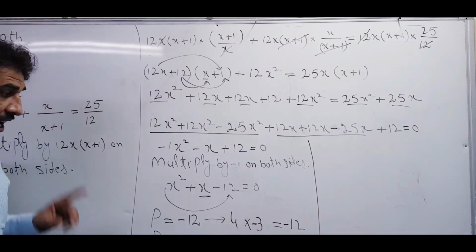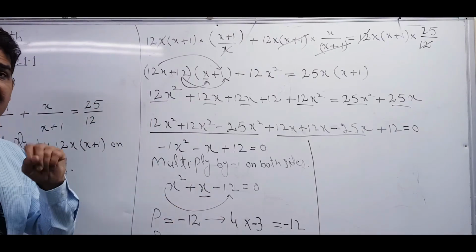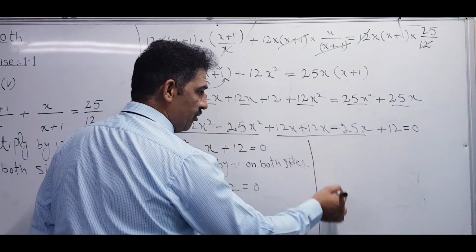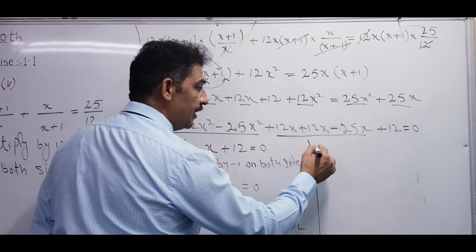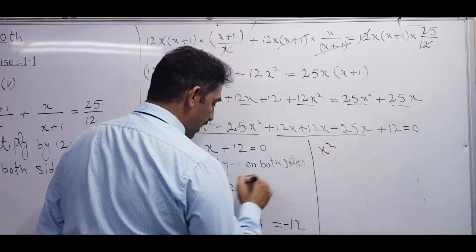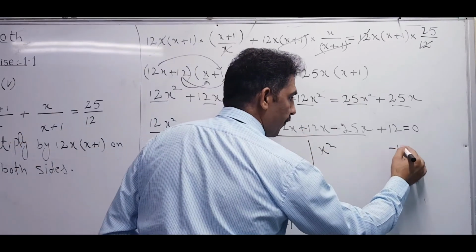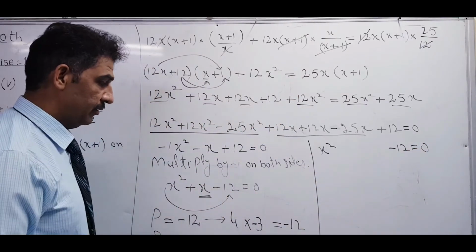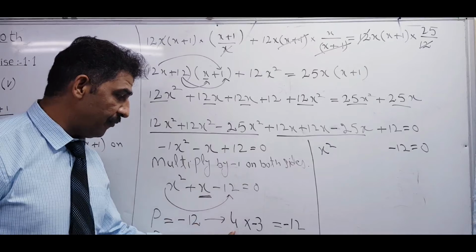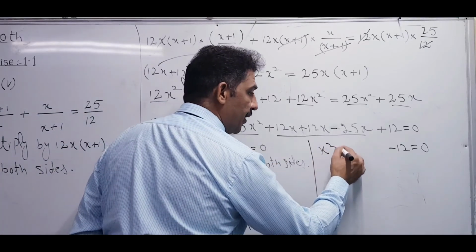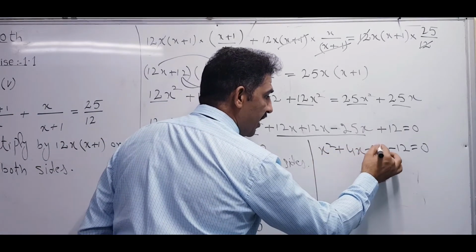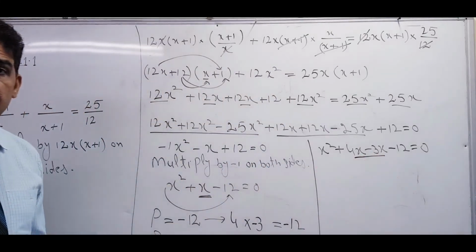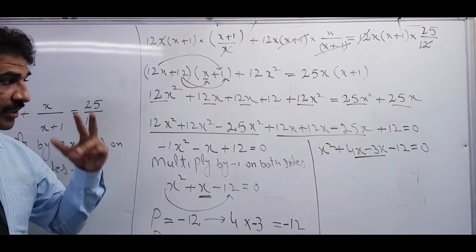Correct? After that, this second term, make its two parts. The first part will remain same, no equal sign in the start because equal sign is already here. So you will write x square and minus 12 is also same. We make the factor of this term in two parts and variable will remain same, 4 and minus 3. So you will write that plus 4x and minus 3x. Check that the answer is same, 4x minus 3x is equal to x. It means that this term we can make the two part.